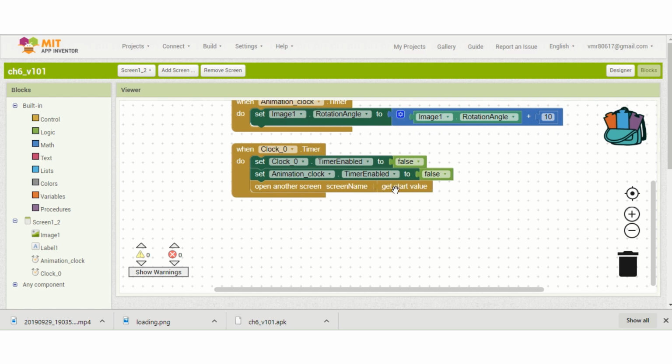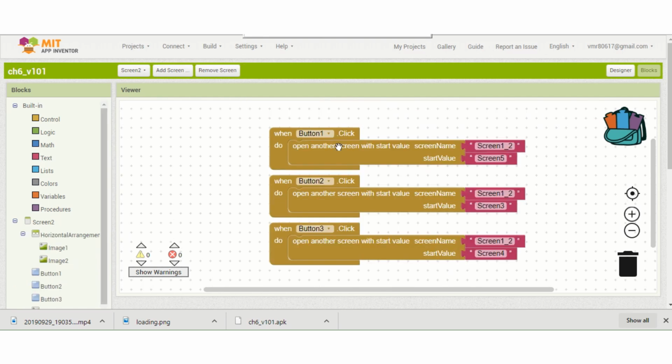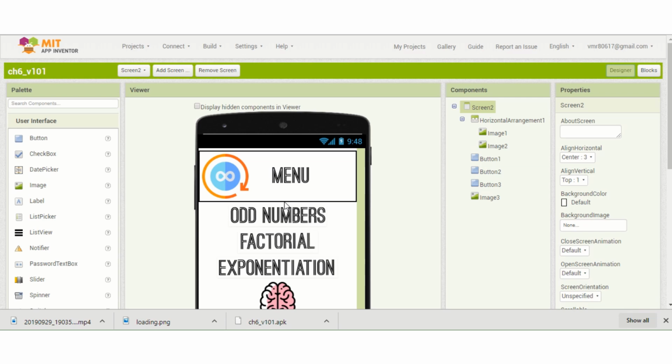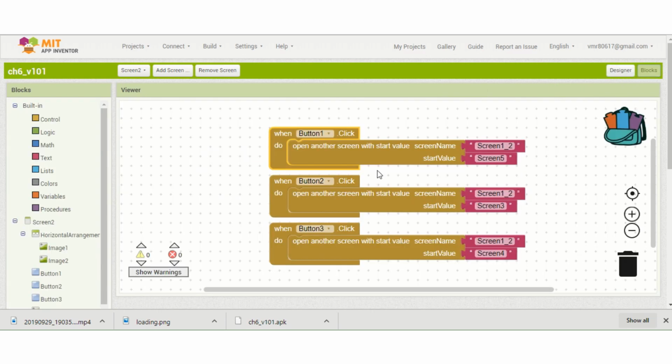How do these start values work? I'm going to explain it, and it's related to screen 2. Here we have, for example, the bottom one, which is the odd numbers. So when we click it, first it's going to send us to screen 1.2, and